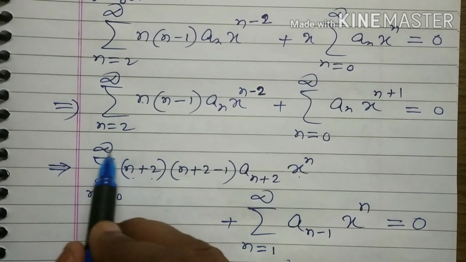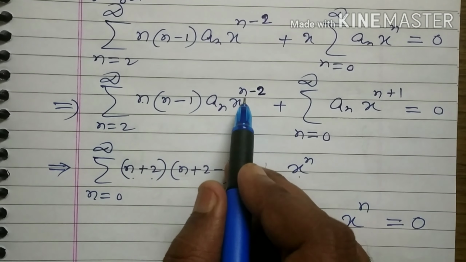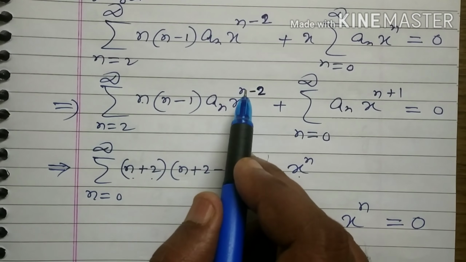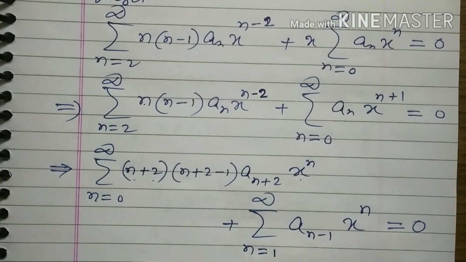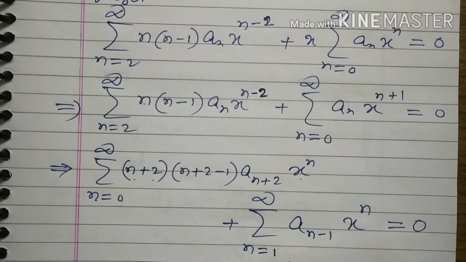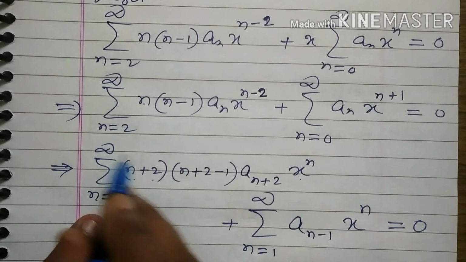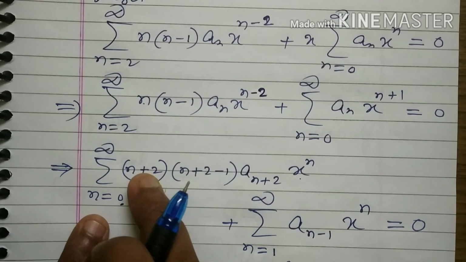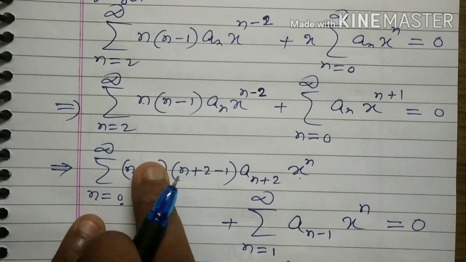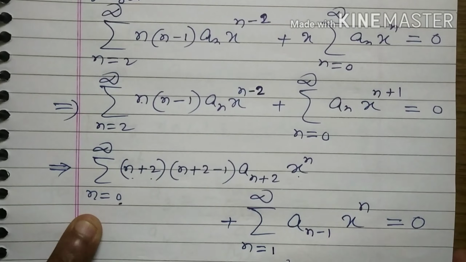Now come to the series. What we are substituting is n replaced by n plus 2, that means you are adding 2. So in the series you should subtract 2 steps, that is from 2 to 1 and 0. So you should write n equals 0 to infinity. This line is very, very important. Clear? Please memorize this.